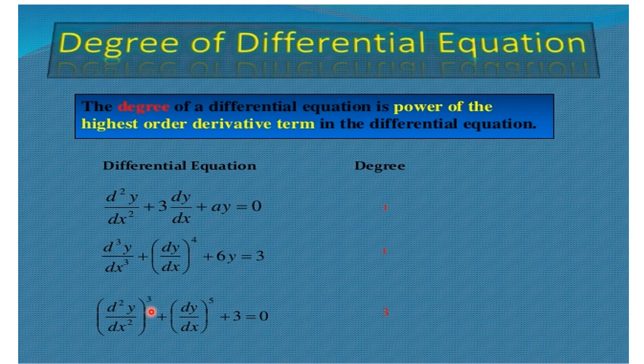We have whole raised to the power 5 over here, but this dy upon dx is not the highest order derivative. Which one is the highest order derivative? d square y upon dx square. Its power is 3. That means the degree of the differential equation is 3 over here. I hope it is now clear how you designate the degree and order of a differential equation. Be careful, it is important from your final examination point of view. They are generally asked in multiple choice questions: what is the degree or order of the following equations.